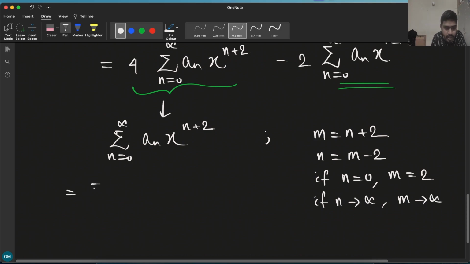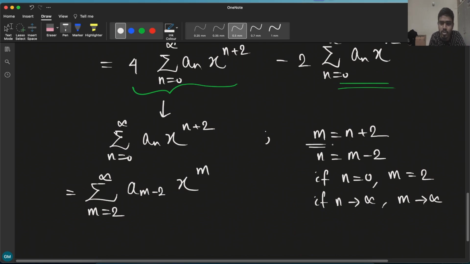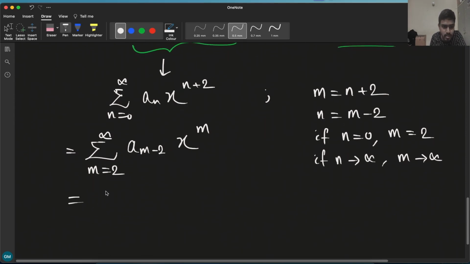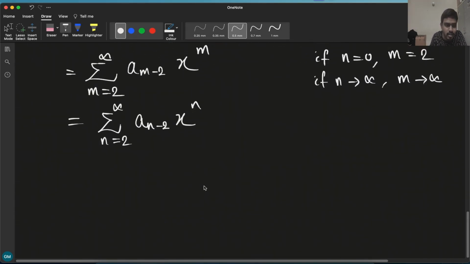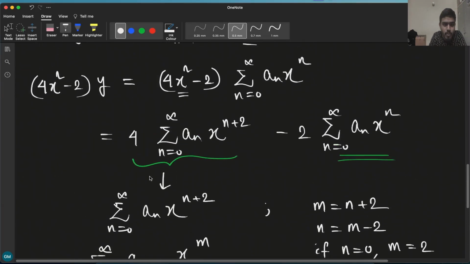So in that case I can write this series as sum m equals 2 to infinity, because n equals 0 means m equals 2, and n tends to infinity means m tends to infinity. So I am replacing n by m, and n equals m minus 2, so it will be a_{m minus 2} x to the power m, because n plus 2 is m, right? Good. So now as m is a summation index, I can write it as sum n equals 2 to infinity a_{n minus 2} x to the power n, and we are done. Okay, so basically the third term in the differential equation, which was 4x square minus 2 times y, will be equal to 4 times